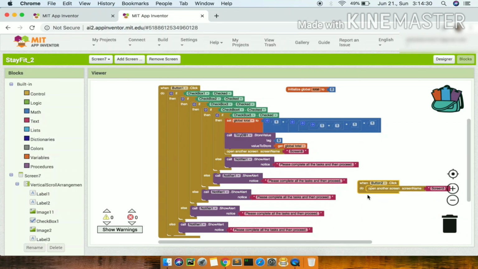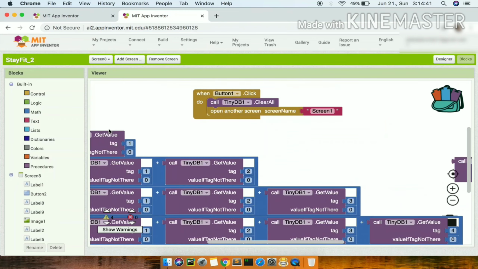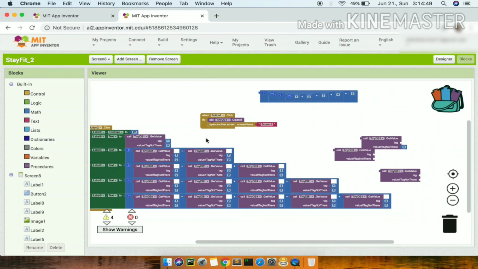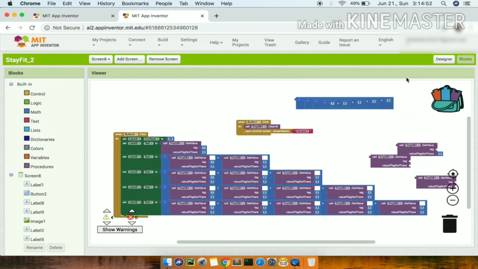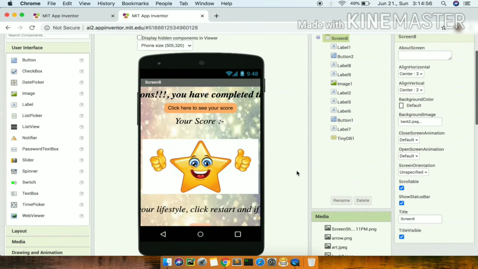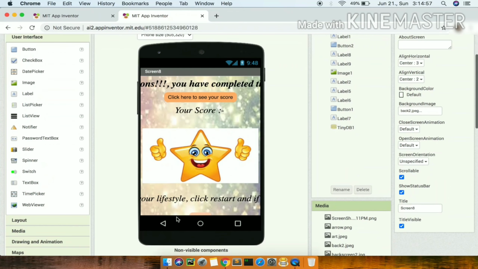So now open another screen named screen 8. So now we'll go on to screen 8. First the designer section. Screen 8 is a congratulations screen.